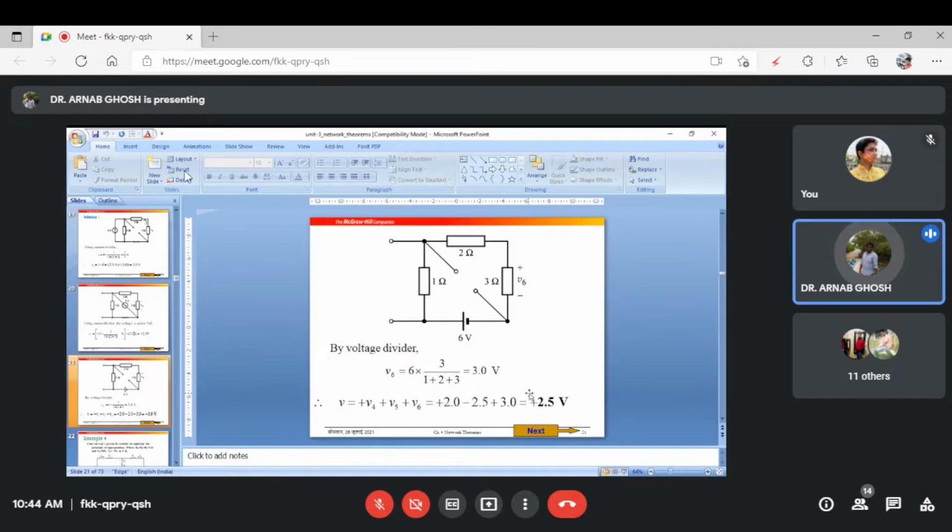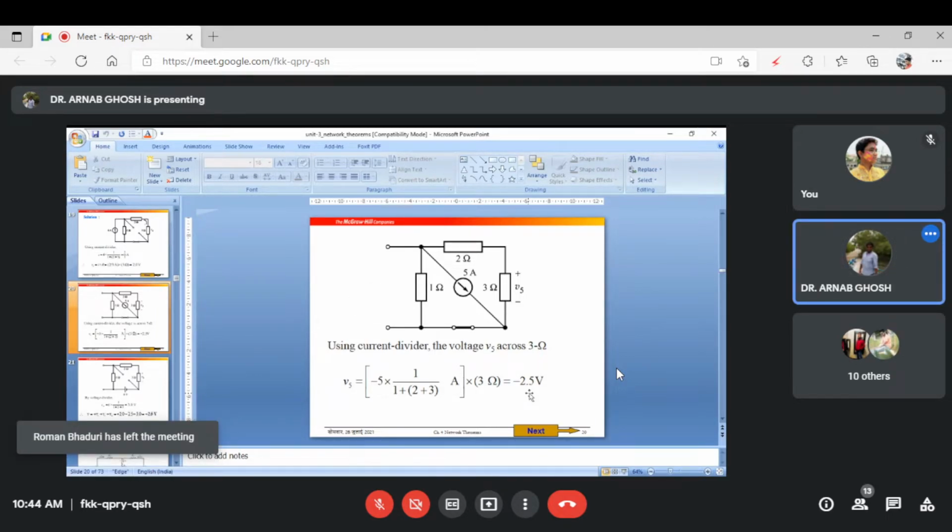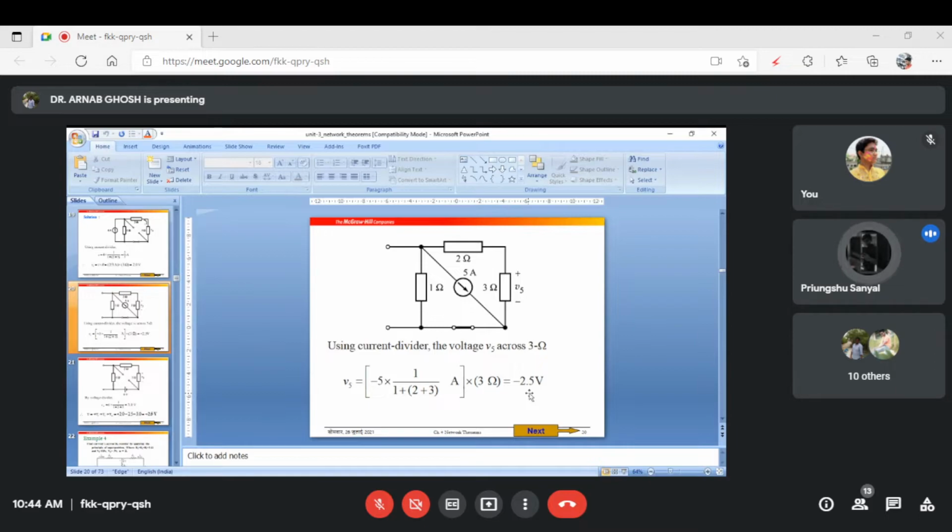this is about your problem. Can you show the last figure? Yes, this one. Yeah, sir. Wait. Okay. So if this problem is important for your exams, if this problem comes, you might have different voltages and different current values, but the procedure will be the same as this. Sir, can you explain this equation once? Here, this one. Yes, sir.